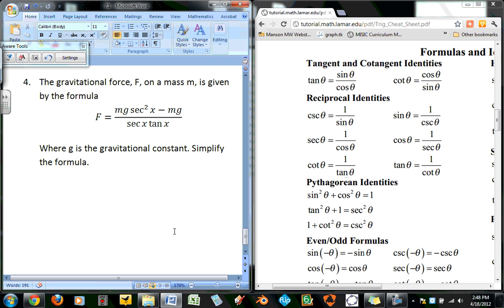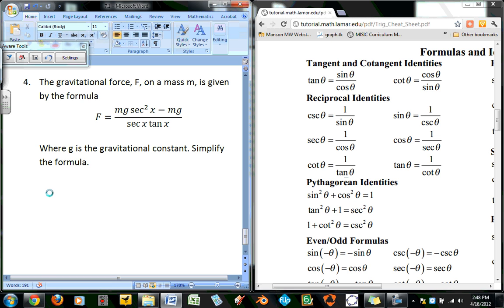All right, force equals mass times gravitational pull of secant squared x minus mass times gravitational pull divided by secant x tangent x, where g is a gravitational constant. Simplify that equation. We don't want to plug in all those numbers everywhere, so let's try to simplify that thing. First thing I noticed on top is that these two terms share an m